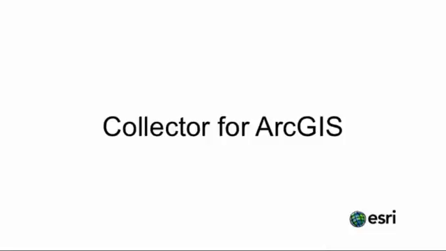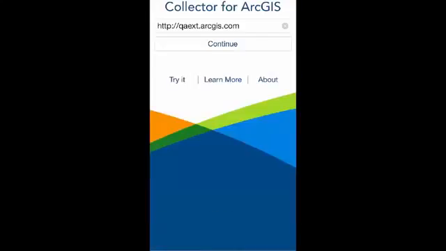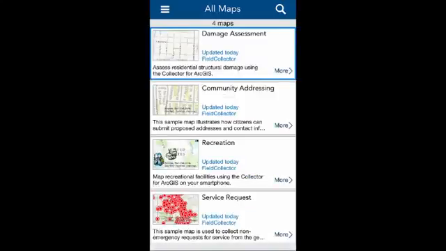Today we're going to create a damage assessment report with the Collector for ArcGIS. I'll begin by logging into my organizational account. Next, I'll see a list of all the maps I've created or have been shared with me in the map